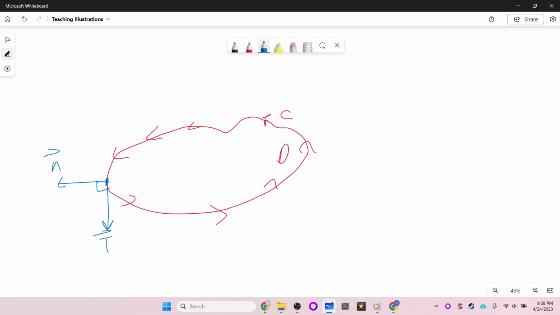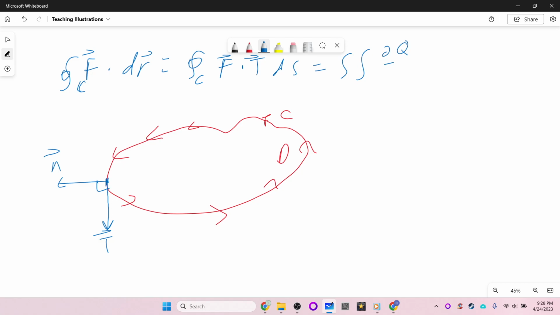We can rewrite it as the integral over the closed path C of F dot dr equals the integral of F dot T ds, or the double integral of del Q over del x minus del P over del y dA,